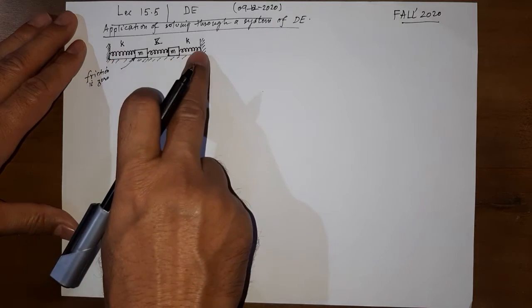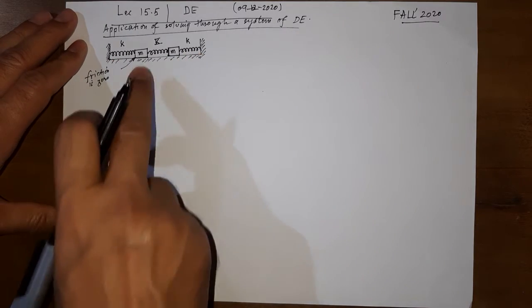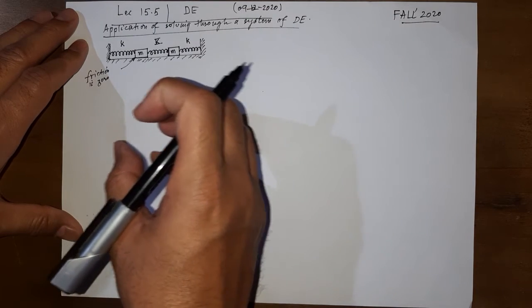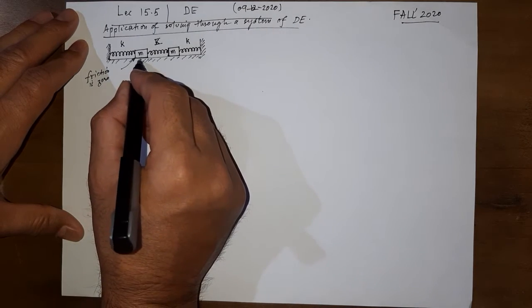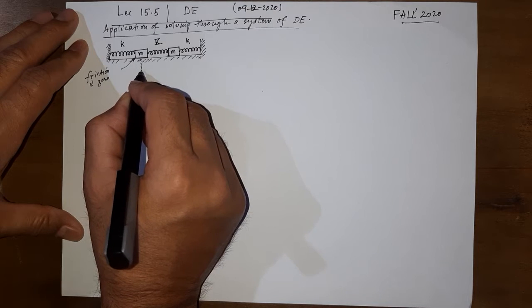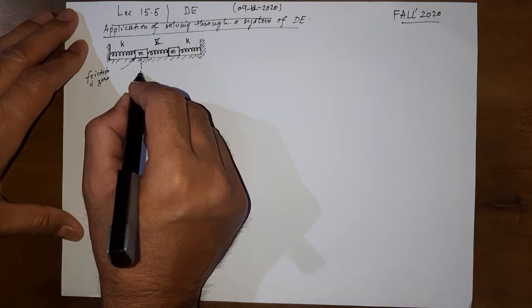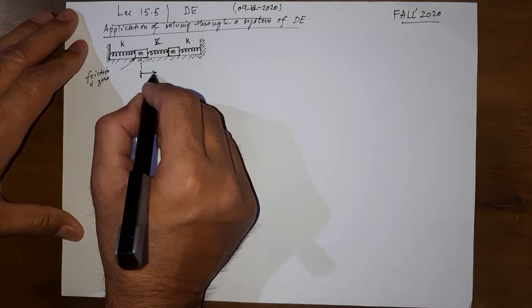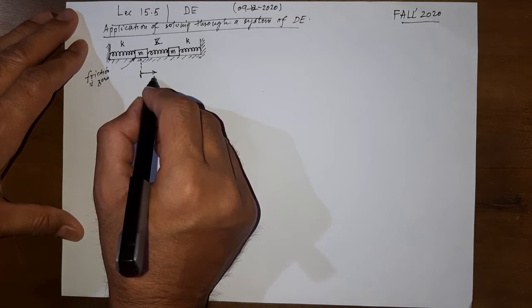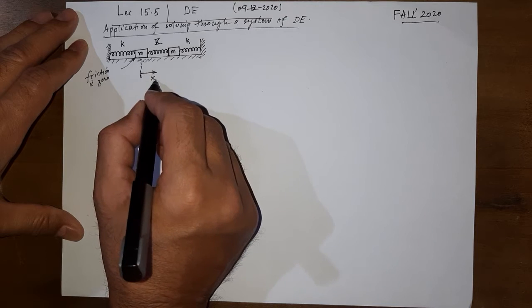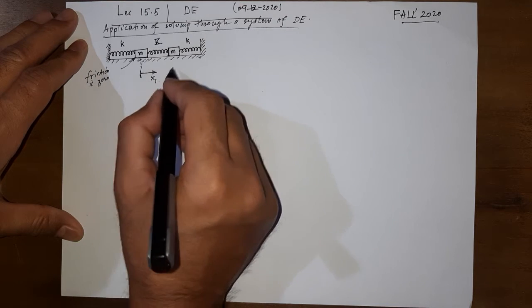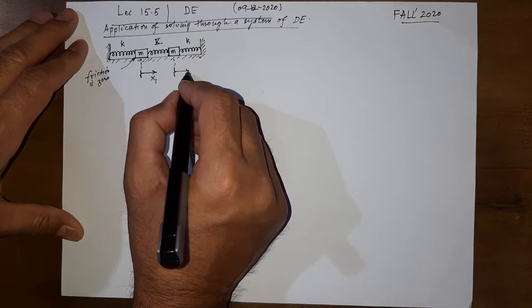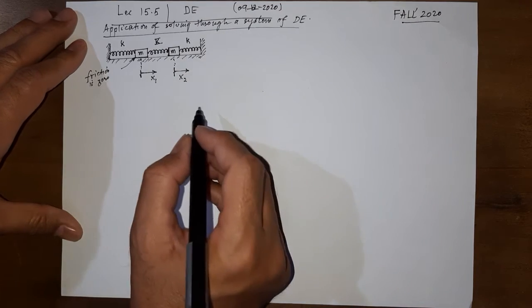here, these are rigid points, and the masses can freely move if perturbed, if one of the masses or both of the masses are moved from their equilibrium positions. In this direction, we are taking the displacement x to be positive for this mass, and let us say this displacement from the equilibrium position is x1 and this displacement is x2.